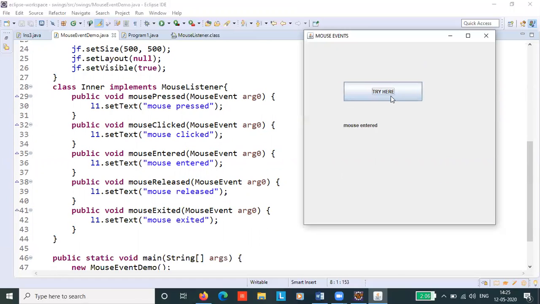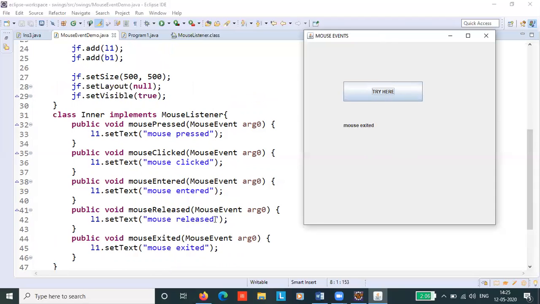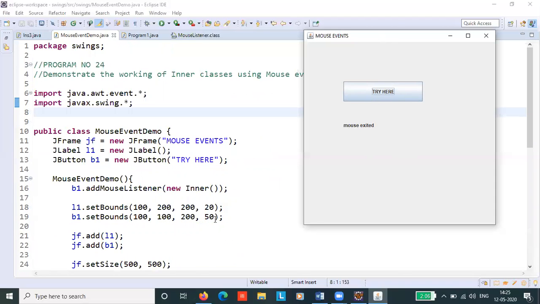Let me show you the output again. This is mouse pressed, mouse clicked, mouse exited, mouse entered. Only mouse released we are not able to see here. So this was your program to demonstrate the working of inner classes using mouse events.